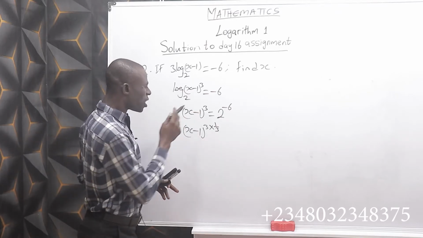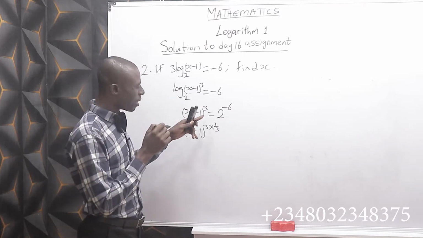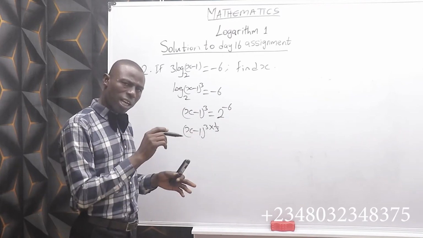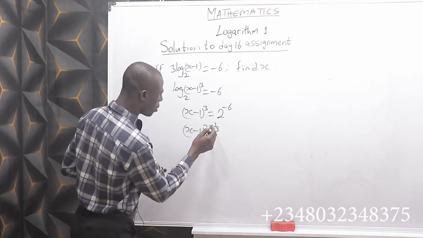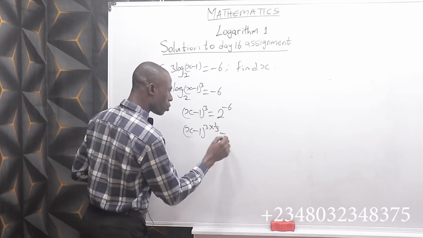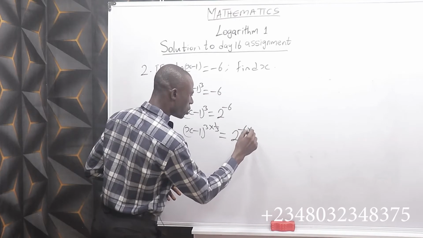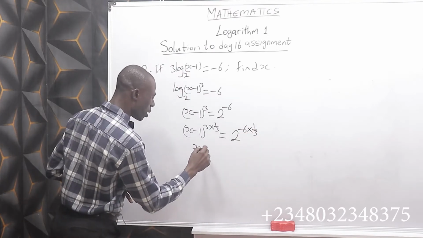When you want to deal with this power, you find the reciprocal of that power. Reciprocal of this power 3 is 1 over 3. Use that reciprocal to multiply powers on both sides. So the reciprocal of 3, which is 1 over 3, is used to multiply the power here and also the power here, which will give us x minus 1